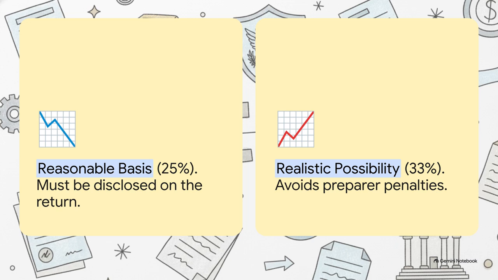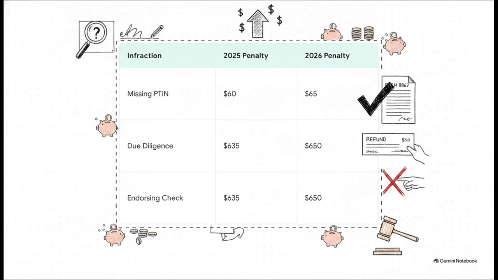Knowing the exact difference between 25 and 33% is absolutely crucial for protecting your client and your license. As a practitioner, you need to commit this penalty matrix to memory. And note how these fines are creeping up due to inflation adjustments between 2025 and 2026. A simple, silly administrative error, like leaving off your PTIN or forgetting your signature, is going to cost you $65